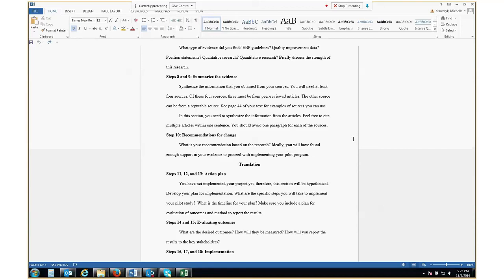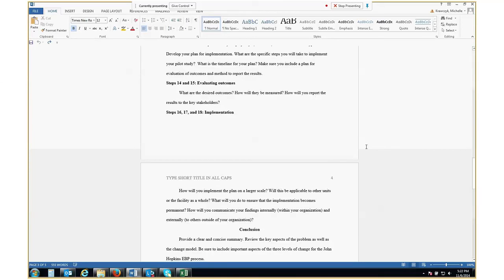You will meet with the nurses. You will give them the information. How will you track it? You will have audits of the patient's charts to make sure that protocols are being followed. You will collect the data for the 30 days, whatever your time frame is. You will look at the data. You will compare it to your urinary tract infections from the previous month. So I really should have a good idea kind of what your plan is by reading steps 11, 12, and 13. Now as we move to step 14 and 15, evaluating your outcome.